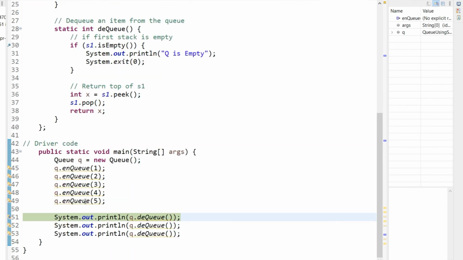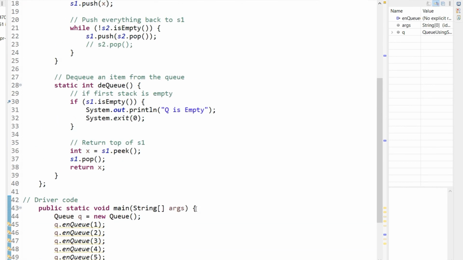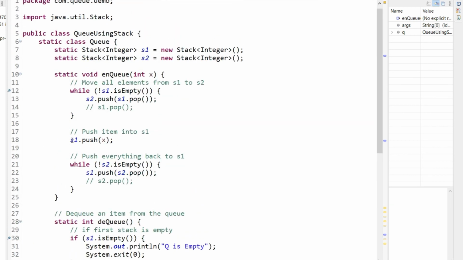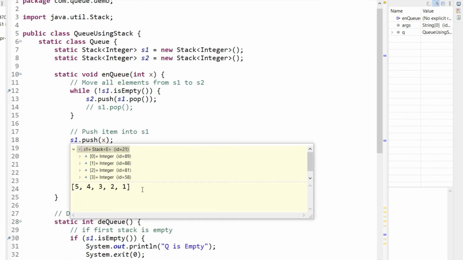So see here, once we have inserted all these 5 elements into this queue, my stack 1 has all the 5 elements, and you see this is the element we inserted last. 5 we have inserted last, 4 after that. So now suppose I'm doing a pop operation. This is the element which we inserted last, right? And this is the element which we inserted first. So which element will get removed? Can you guess? As we have implemented a queue, and if we do this